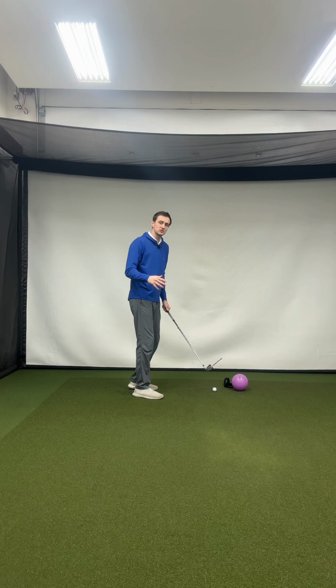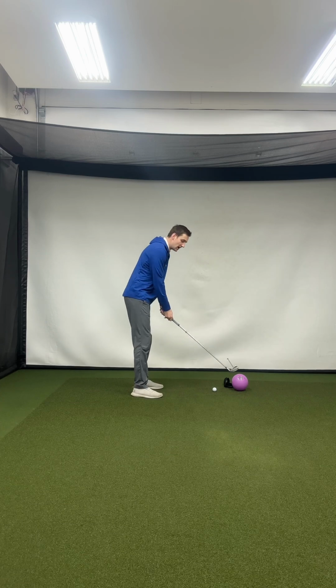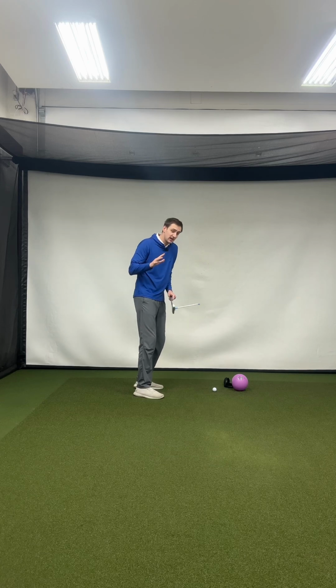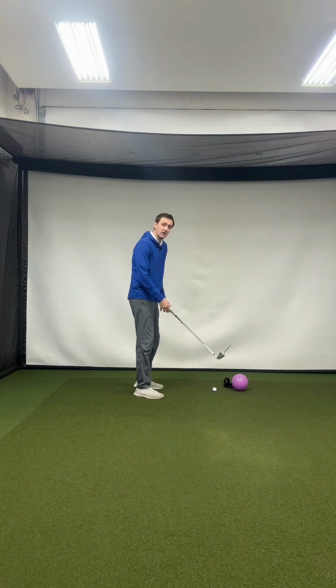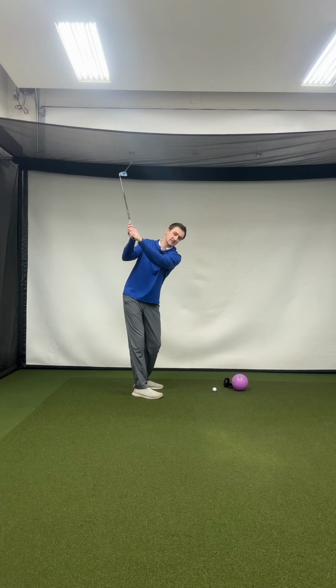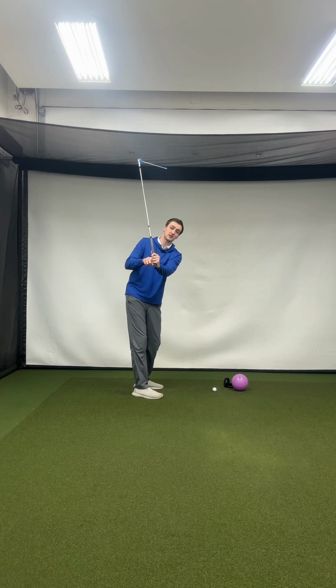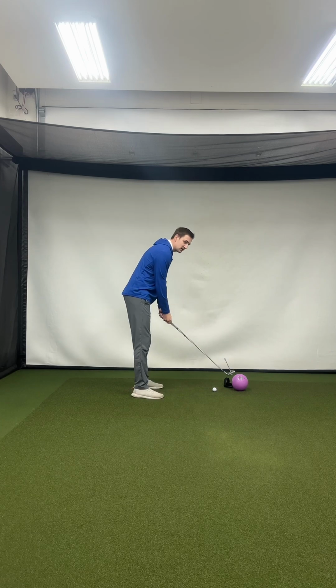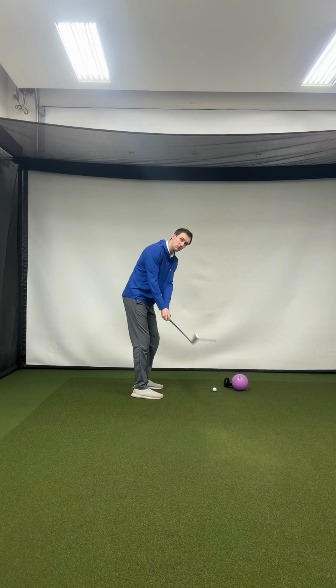So what I'll see a lot of players do, they'll hear this advice and they'll say, oh, I know what to do. I'm just going to bow my wrist as I take the club back. Now, I'm not saying that can't ever work, but a lot of times players that do that bow the heck out of their wrist on the way back, and as they start down, they curl their wrist back into an extended position. So to avoid this, really, in my opinion, it's a nice idea to take the club back relatively neutral,